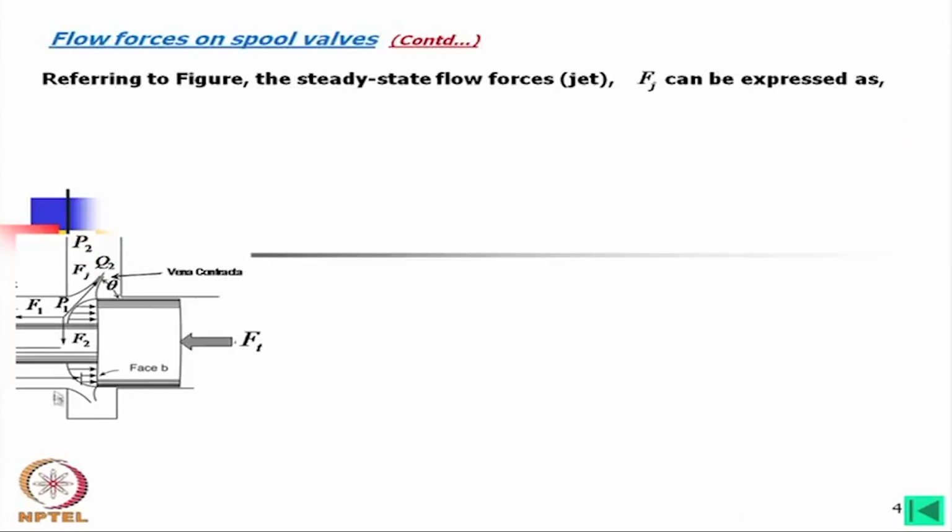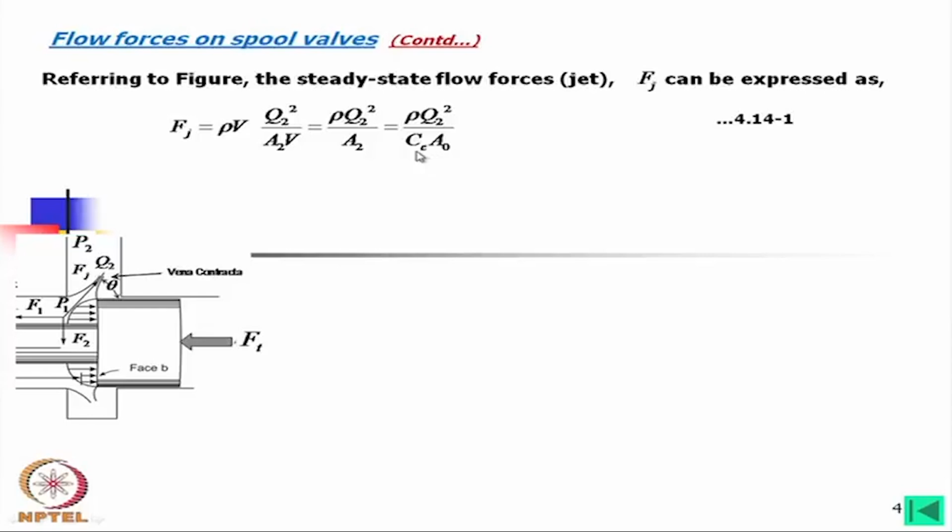Now, referring to this figure, the steady state flow force, that is the jet force Fj, can be expressed as rho into Q2 square divided by A2, where V is the velocity of the fluid, Q2 is the flow rate and A2 is the area here. These are standard equations which we have not derived, but this is a well known equation and we have to accept it at the present moment. If we further equate this, it will ultimately be rho Q2 square by Cc A0, where